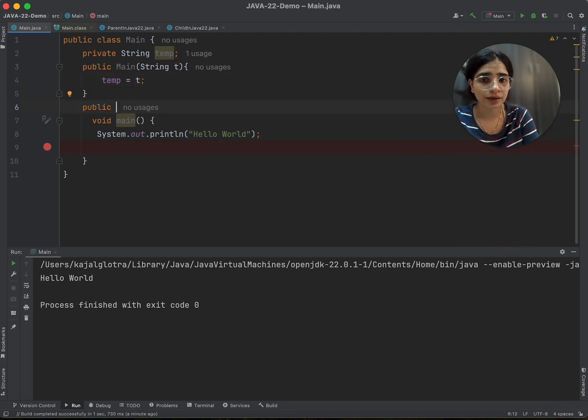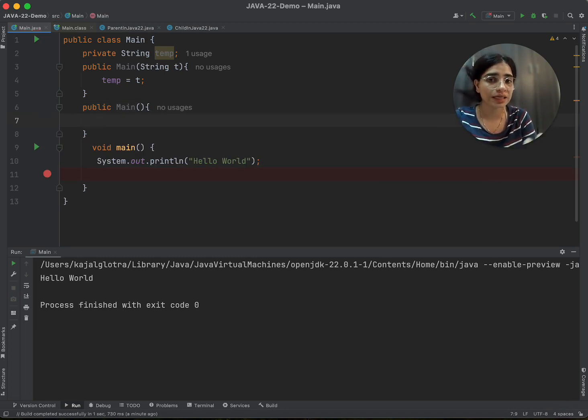I'll create one more constructor which is a default constructor. Once I add this default constructor, you can see that now the run button is enabled. So internally it is creating an object of this main class, and from that main object this main method is getting called. If you remove this default constructor, then object creation will not happen, and then you cannot call this main method. So this default constructor is very important.